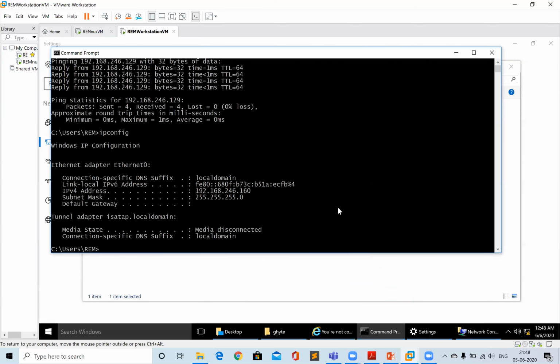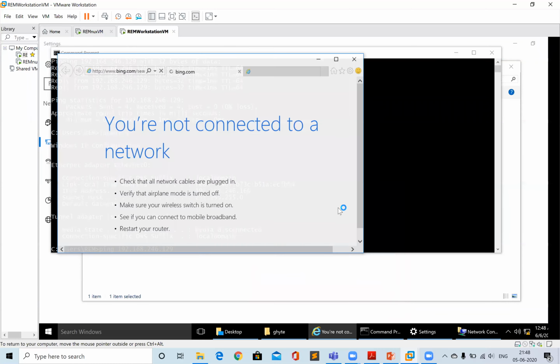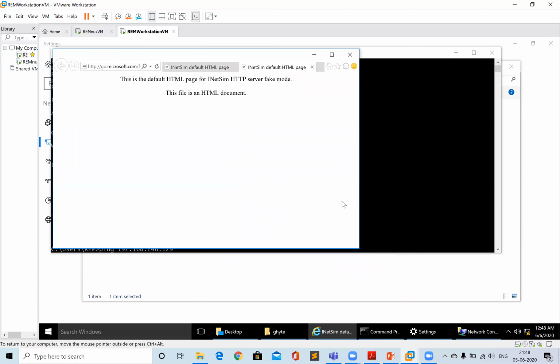And now let's quickly do it. Okay, close, and let's now again try to ping that IP address. Oh yeah, now I have got the connection. You can see that I have a good connection with the Linux VM, and INetSim is running, and you can see that I am visiting microsoft.com, but I am not getting any error, and I am getting the fake web page of INetSim. So I can even change the look of this website on the Remnux VM and showcase any fake page to the user.